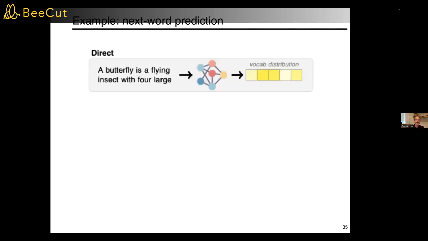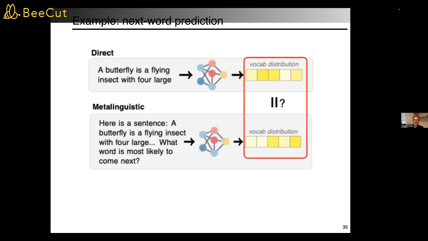Okay, so for next word prediction, we call this what we might call the direct method of next word prediction. Under the hood, what the models are doing is putting a distribution, using a neural network, given the context, over next tokens. But actually, increasingly you're seeing people resort to what we call metalinguistic tests of language models' grammatical capabilities, by creating a prompt that queries the language model in natural language: what word's most likely to come next, for example, for next word prediction. So we'll call that metalinguistic.